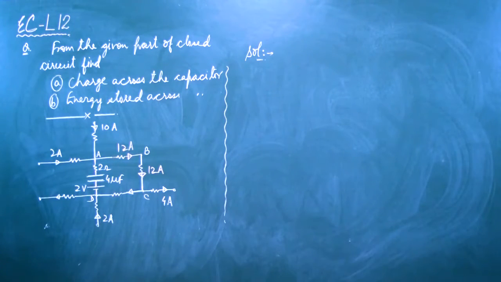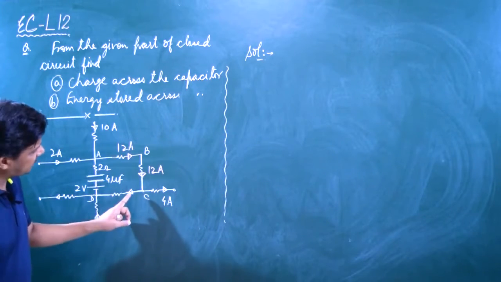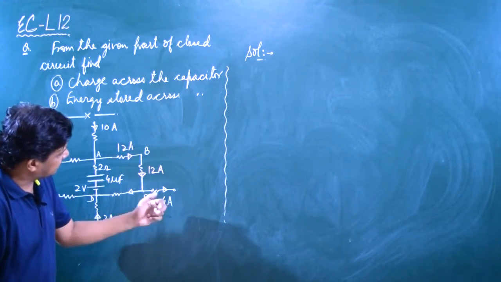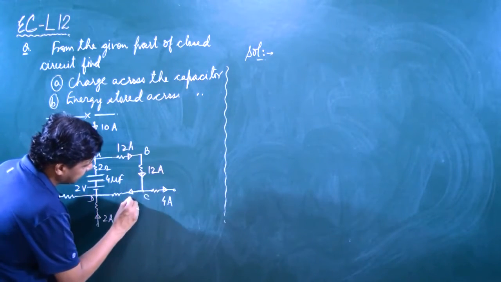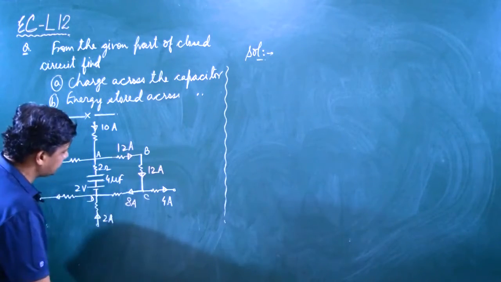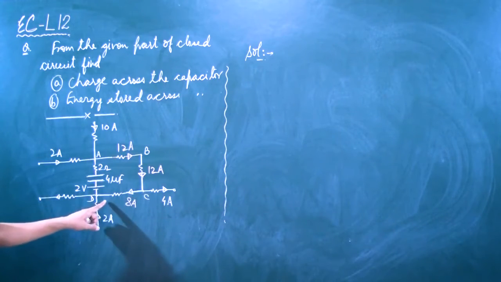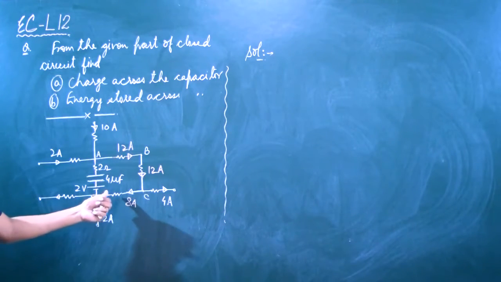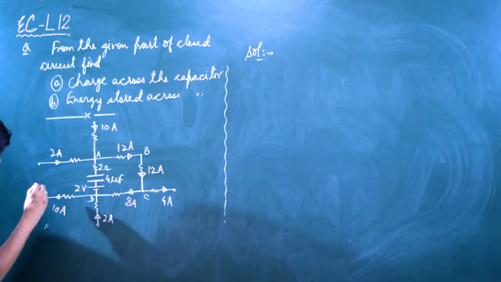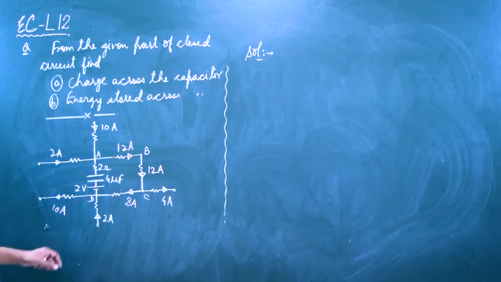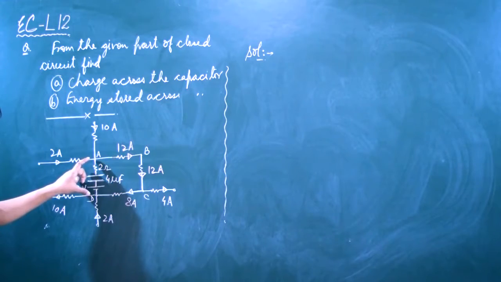Okay, now out of 12 ampere 4 ampere current comes out and the remaining current will come here. So 12 minus 4, this will be 8 ampere. Now 8 ampere current is here and 2 ampere is coming from this side. So 8 plus 2, 10 ampere is coming out. Okay. Across this arm, AD arm, current is 0 in steady state.